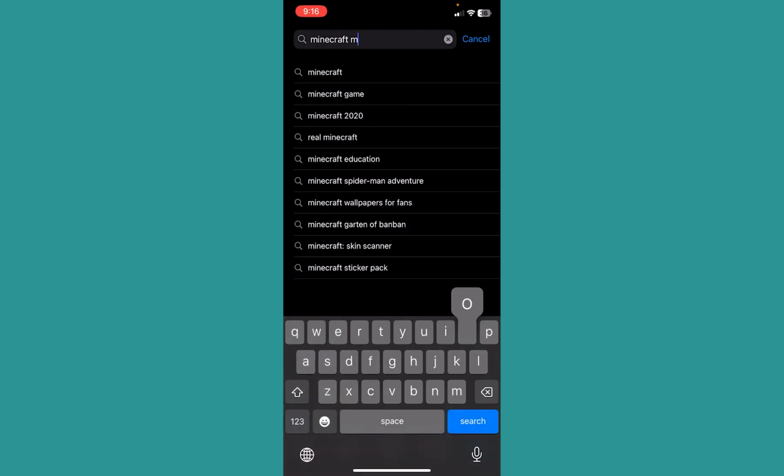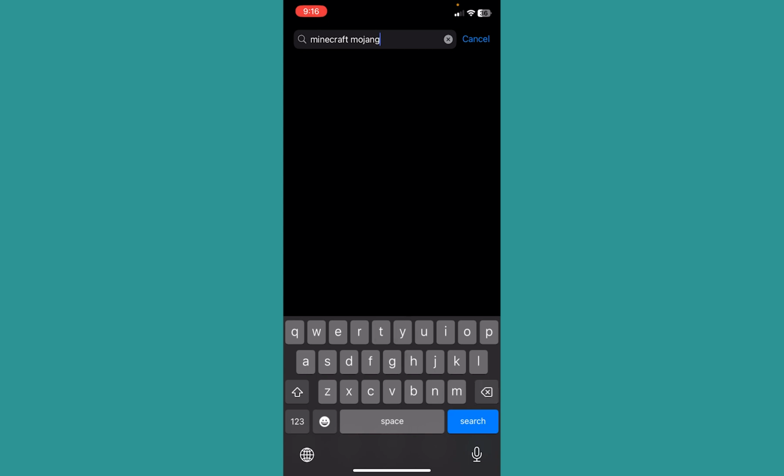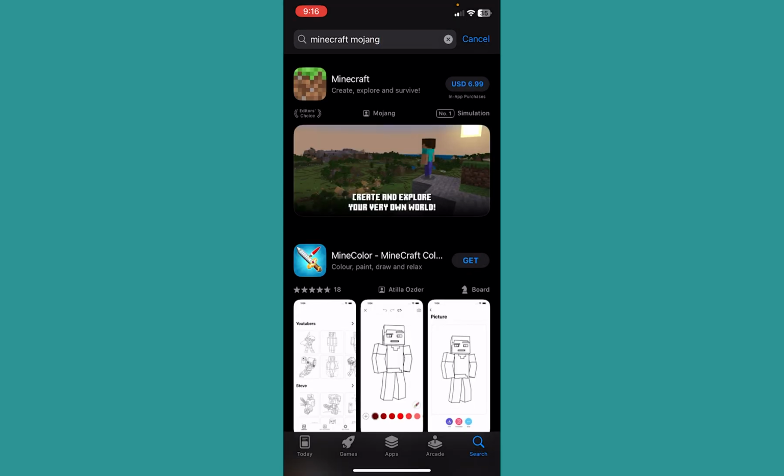Minecraft, M-O-J-A-N-G. Now you need to write Mojang, because if you just write Minecraft then it's going to show you random Minecraft. But if you write Minecraft Mojang, then it's going to show you this. Now remember, if you want to play the original Minecraft, you need to pay $6.99 for Minecraft. So you need to click on USD 6.99 and pay that much and download the Minecraft and play Minecraft on